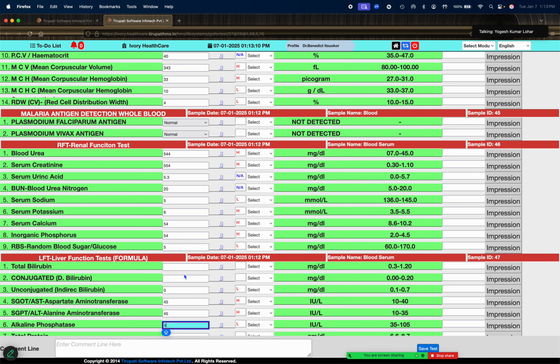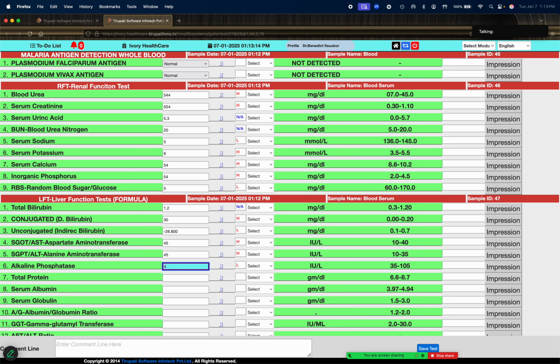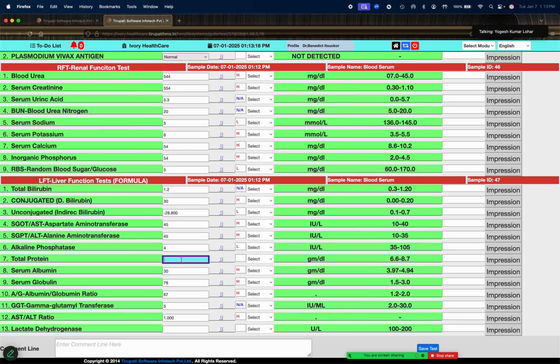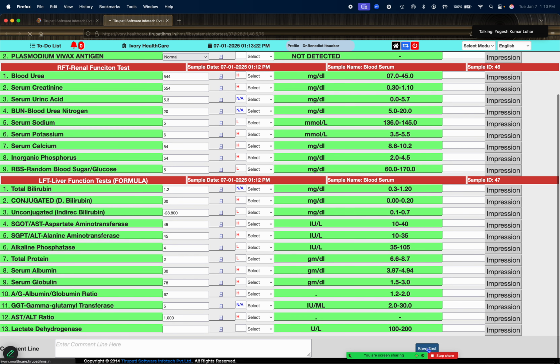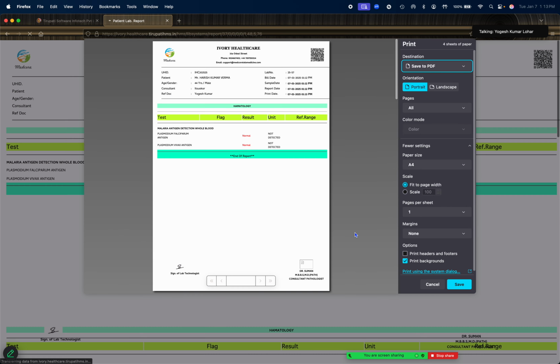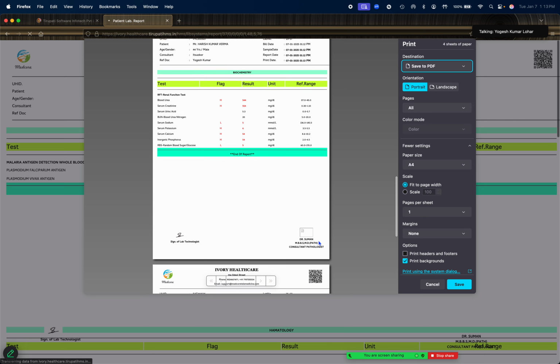I'm just making a demo entry. Okay, so this is where we are. Here the formula calculation results can appear, and we save the report for the laboratory of this particular patient. The report has been saved, and this is where the report can be given to the patient, printable,